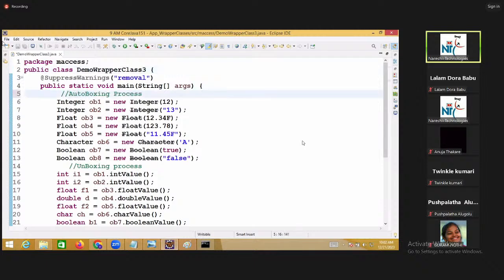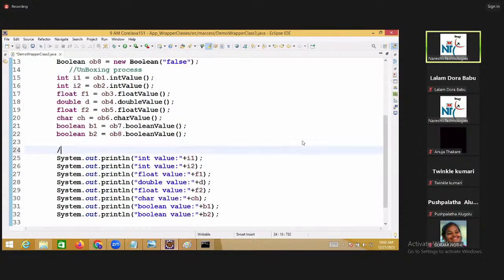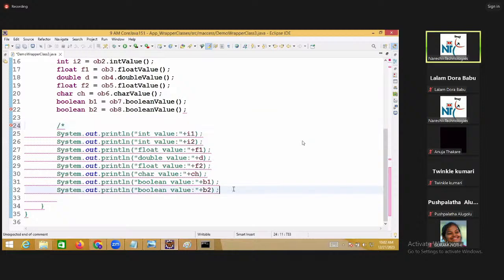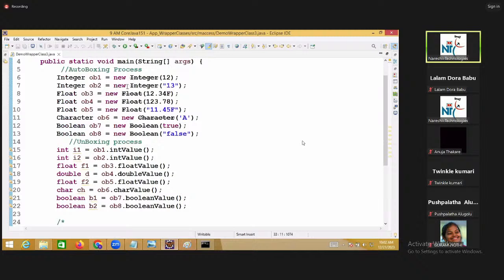Whenever I want to do auto boxing, don't use a constructor.